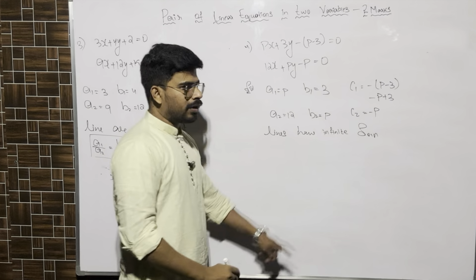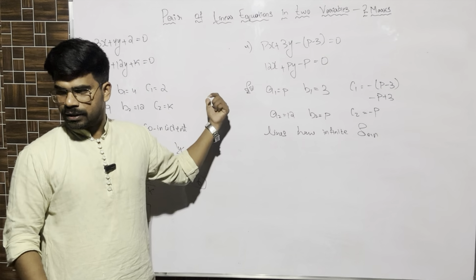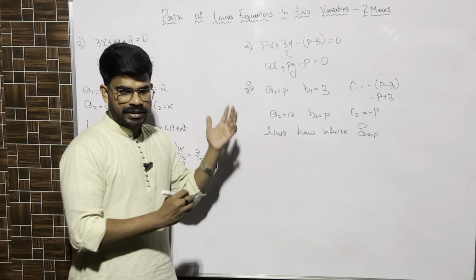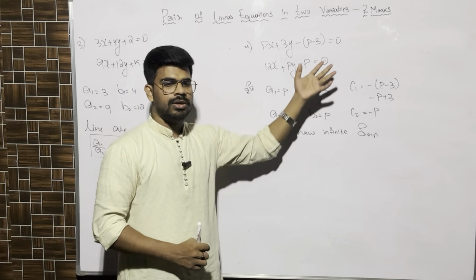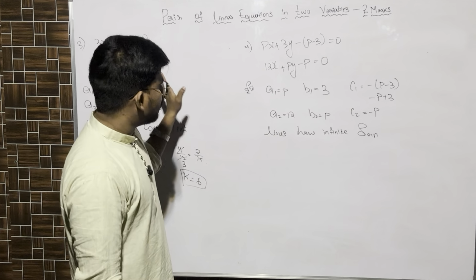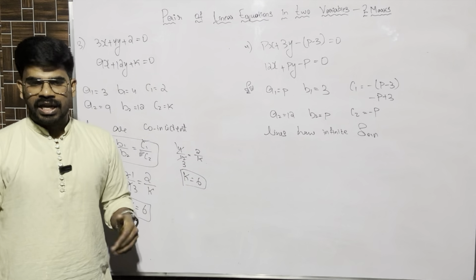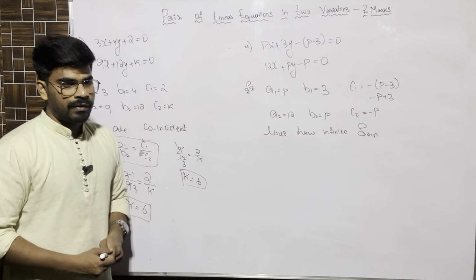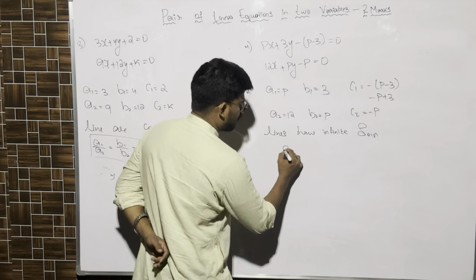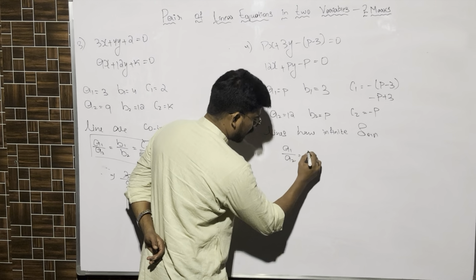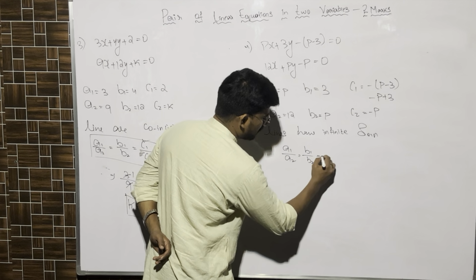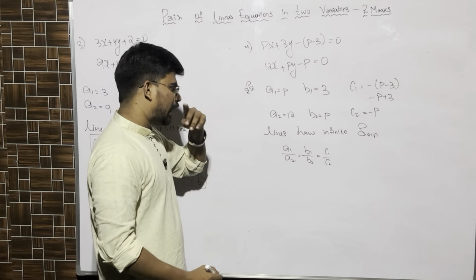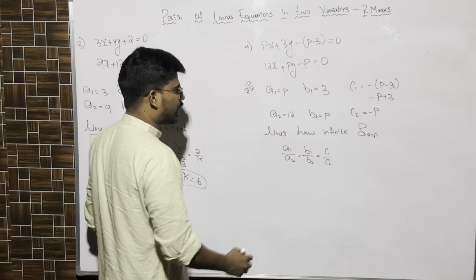I already told you, we wrote that box in the starting of the video. Based on that box, you have to remember the conditions. Either he'll say graphical representation or algebraically, you have to identify the condition. Infinitely many solutions. What is the condition? a1 by a2 is equal to b1 by b2 is equal to c1 by c2. From this, we can take any of the values. I'll substitute here, then later we can decide.